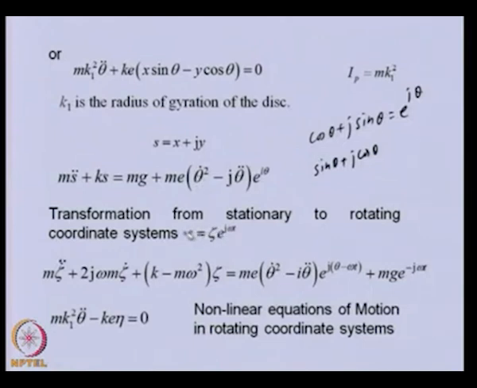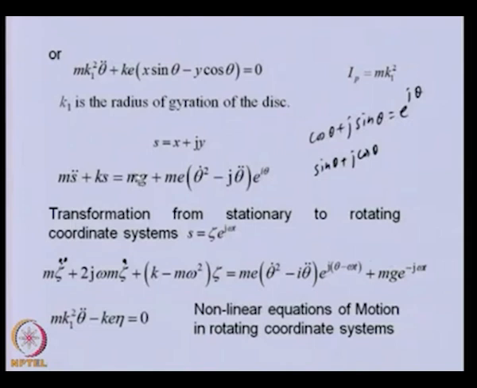So, if we take the derivative of this first, second, and substitute in this equation of motion, basically we will get an equation like this, where some terms we will get with xi dot also. This is not a damping term, but because of the differentiation which we do, we are getting these terms, and these equations will also get transformed. Now, you can see this gravity force, which in the stationary coordinate system is a constant